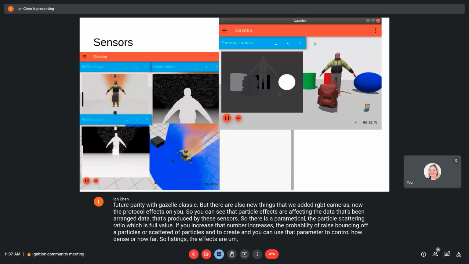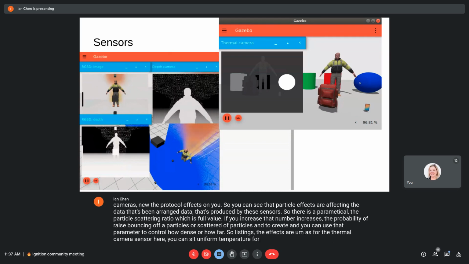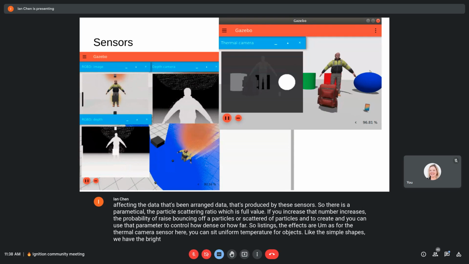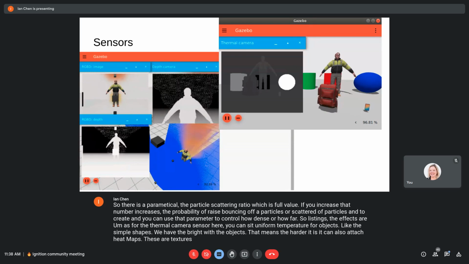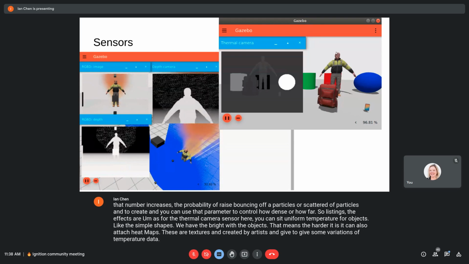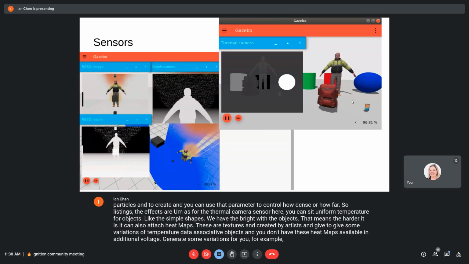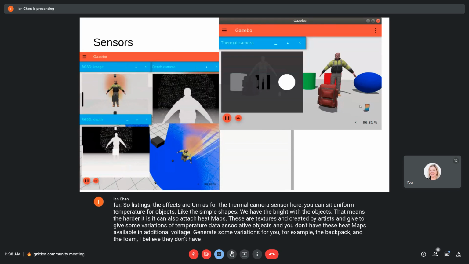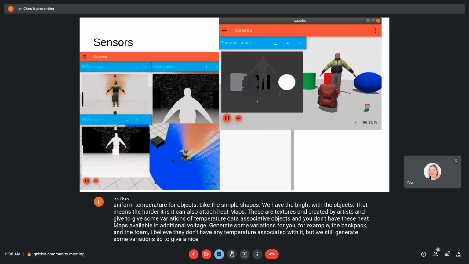And for the thermal camera sensor, here you can set a uniform temperature for objects, like the simple shapes we have. The brighter the object, the hotter it is. You can also attach heat maps. These are textures created by artists to give some variations of temperature data associated with objects. And if you don't have these heat maps available, Ignition will also generate some variations for you. For example, the backpack and the foam, I believe, don't have any temperature associated with them,